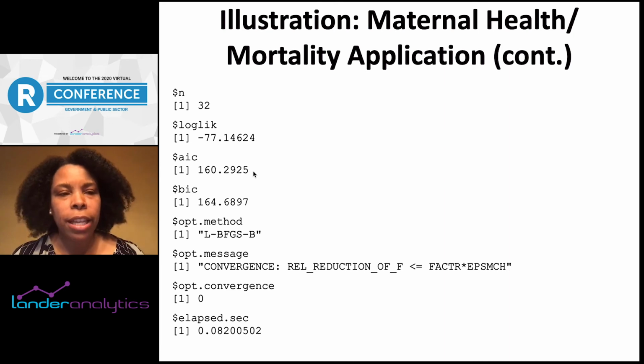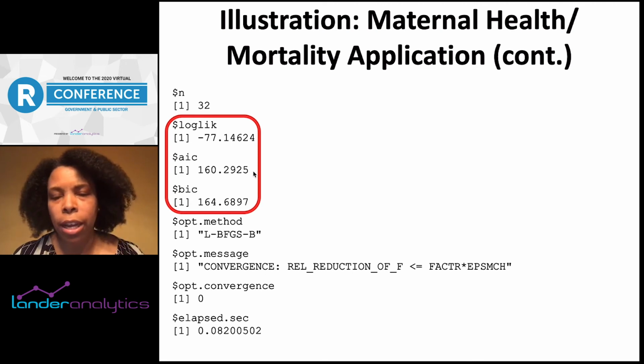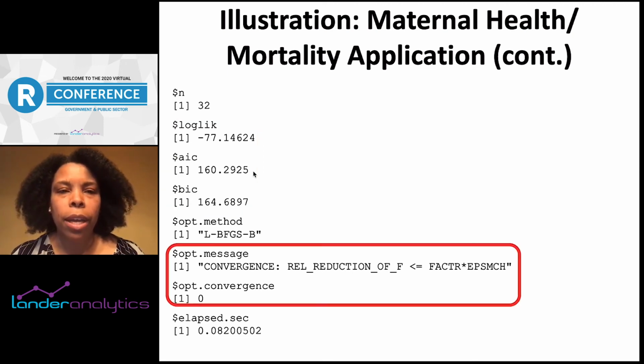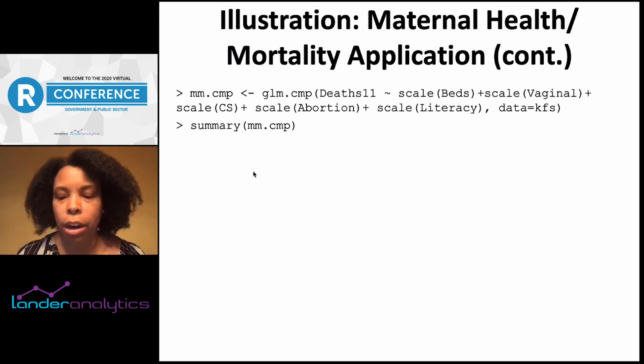More output, as you see, includes the sample size, various information criteria, and convergence information. Focusing our attention on the AIC and BIC, we'll touch on this later. But it's important to note that because the data set was over-dispersed, and here I'm just pointing out that the optimization did in fact converge. One of the reasons for over-dispersion is that the model may not be complete enough. In other words, we should consider more variables in our model.